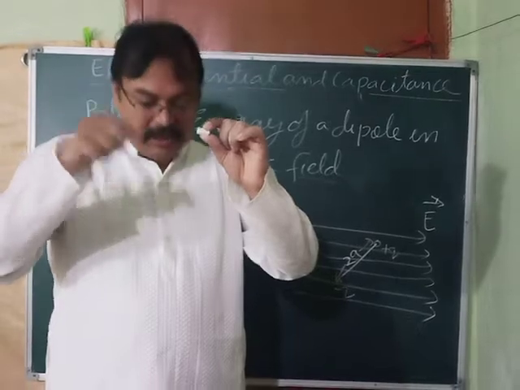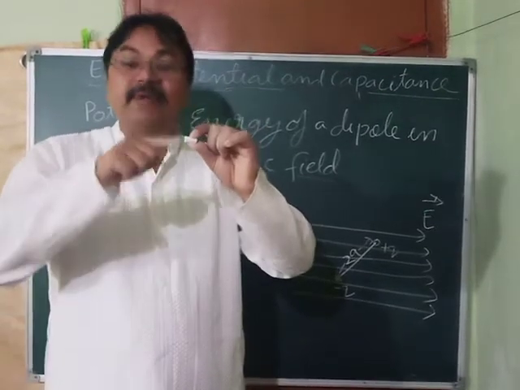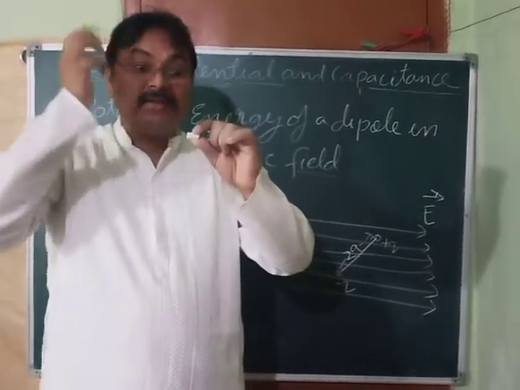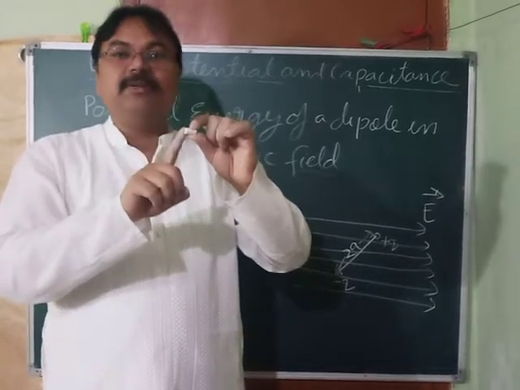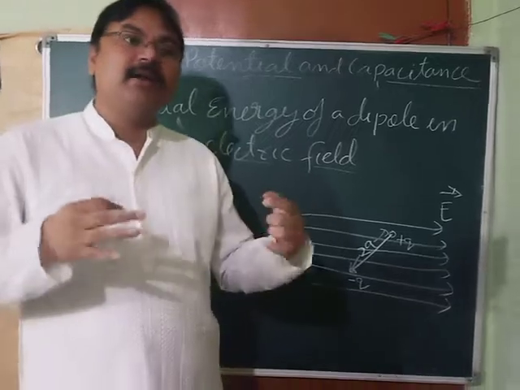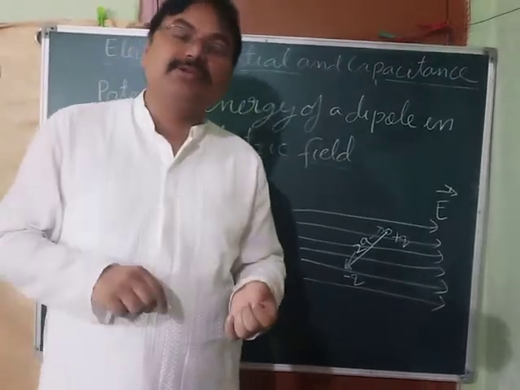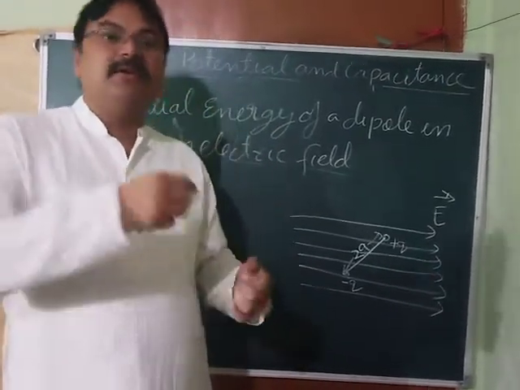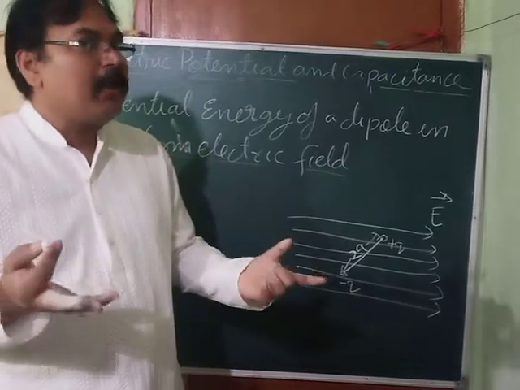Which potential energy depends on the nature of the force. So which force is this? This is the gravitational force. I have done the work against the gravitational force, so the potential energy will be gravitational potential energy. If I am doing the work against the electrostatic force, it will be electrical potential energy. If I am doing the work against the magnetic force, it will be magnetic potential energy.